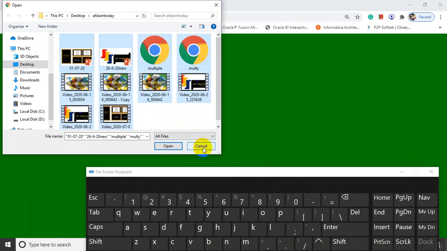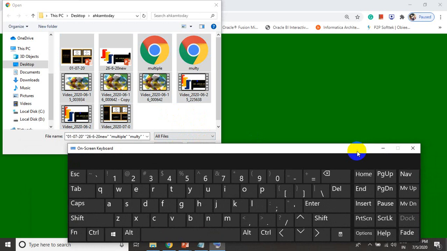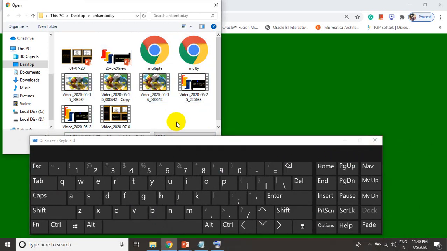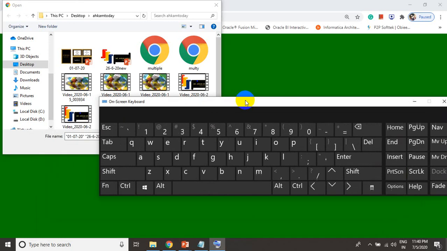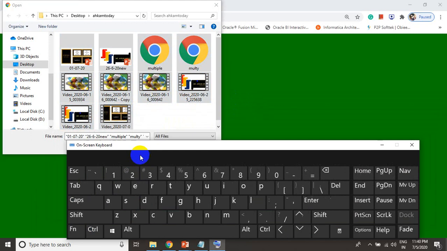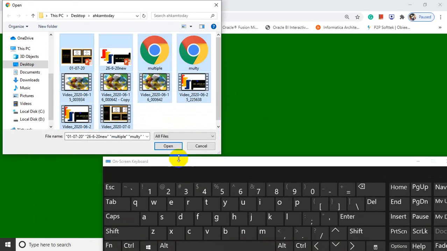It's working. Why? Because I have used all the files. Why was the keyboard not working before? Control A, okay, it's working. And when you click on open file,